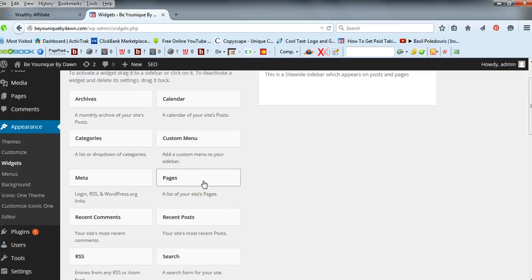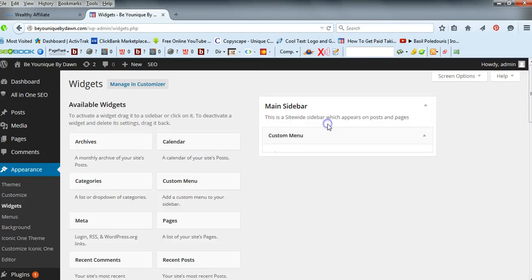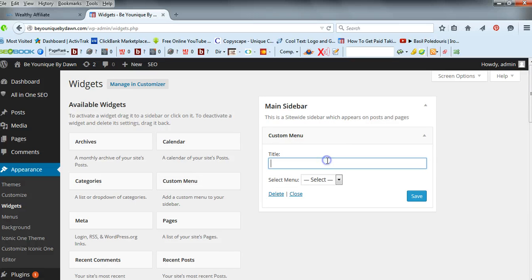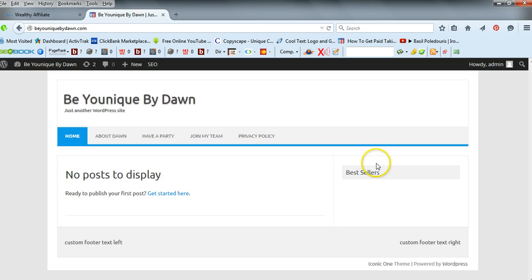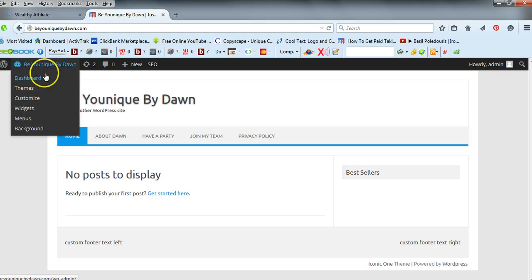search bar. So if we do custom menu first, we just drag that and drop that, and we want to call that best sellers. We want to select the menu underneath that's going to go there. So if we say save, right, that's that first widget done. Now if we go and have a look, you can see now we've got a best sellers option, and that's where you'll put some of the items which are fairly good sellers. Okay, if we go back to the widgets,